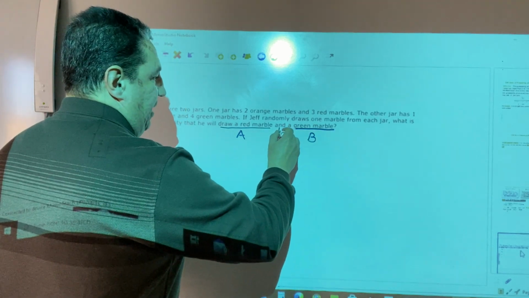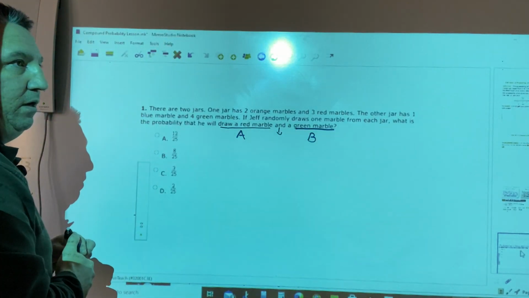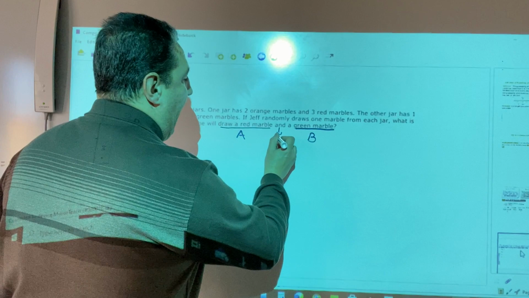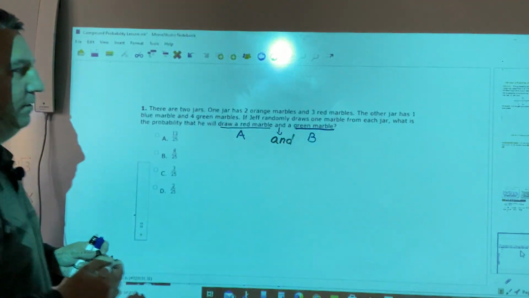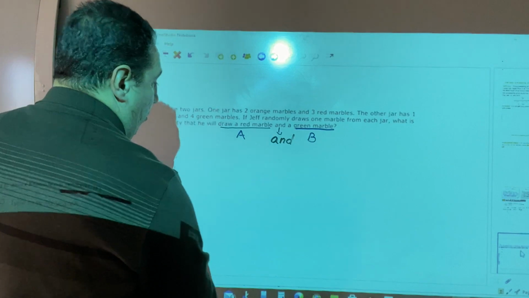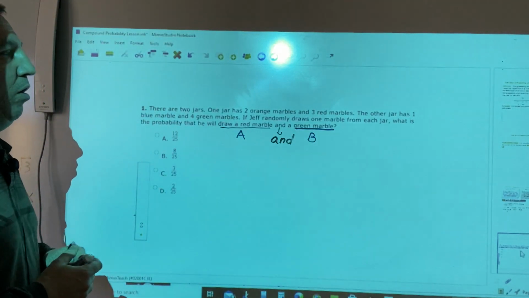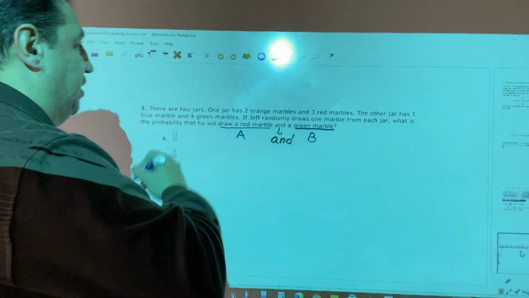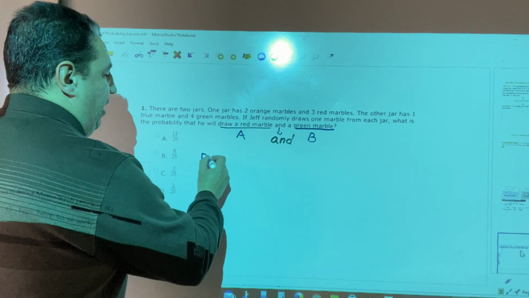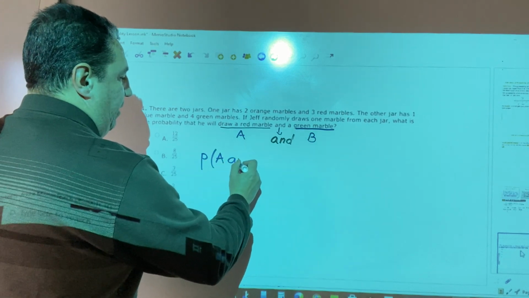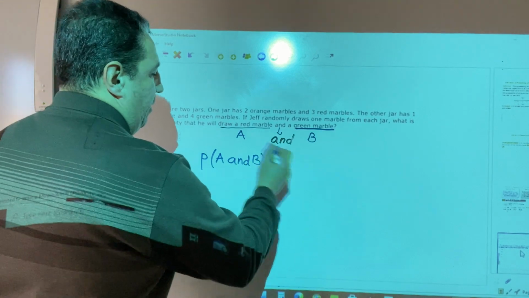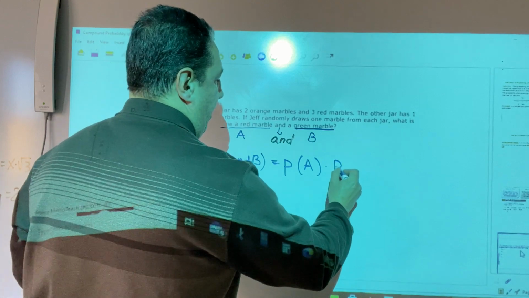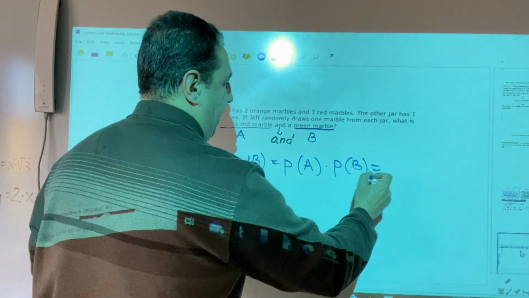As we can see, events A and B are related by the word and. As we can see, these two events are independent, right? So, if we apply the formula of P of A and B, which is the product of the probability of event A and the probability of event B, we'll get